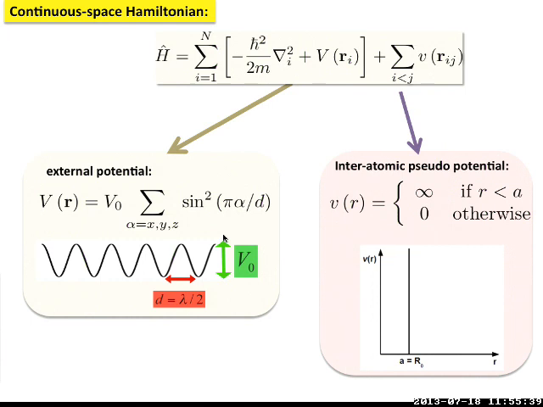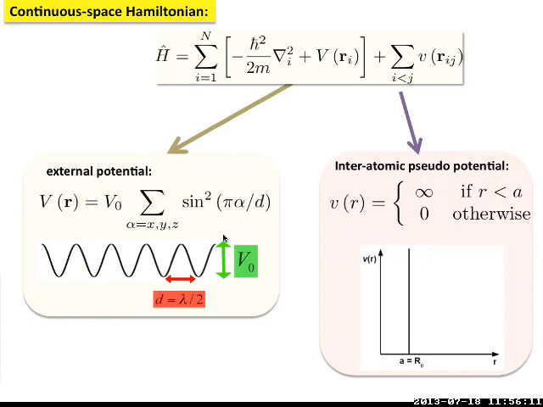Okay, so the Hamiltonian that we simulate is this. It's a very easy, conventional, continuous space Hamiltonian. So we have a periodic potential, which is the sum of three orthogonal periodic potentials. They are sine to the second power. And for the interaction, we use a very simple and crude model, which is the hard sphere interaction. Okay? So this is a crude approximation of how atoms interact, but this is better than the first Born approximation, which is used to derive